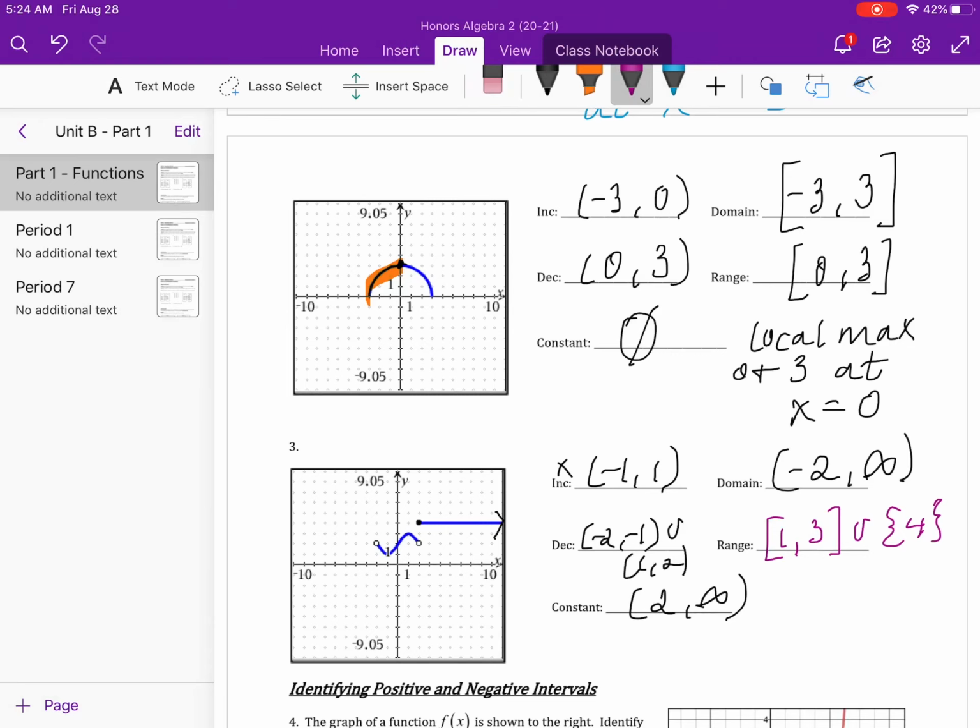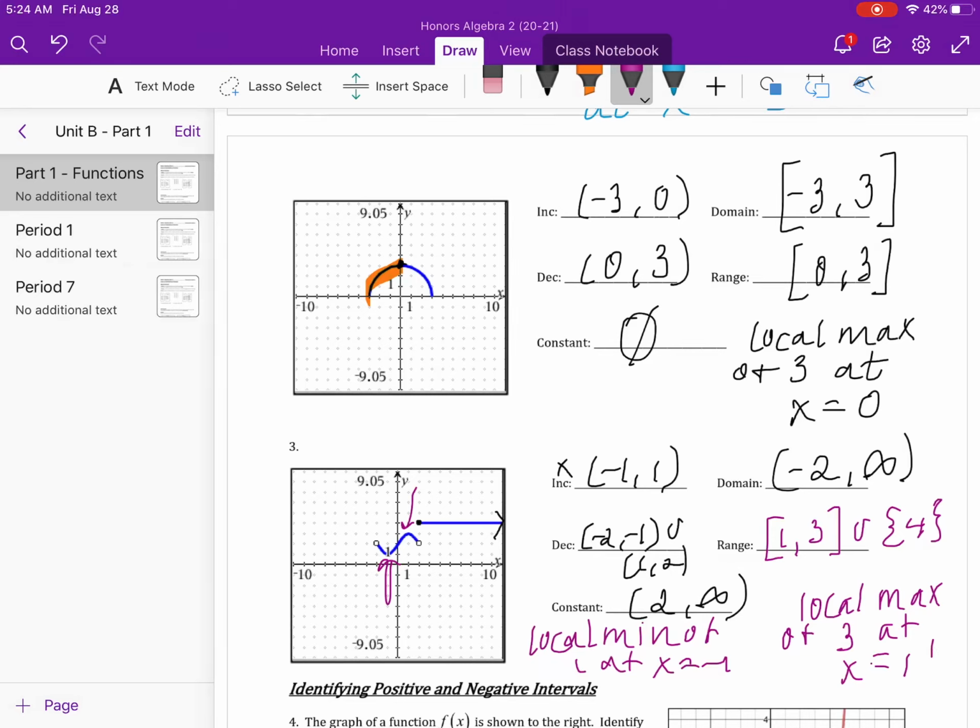Final part is we're talking about local maximums and minimums. So I'm going to erase all this stuff. There's a local min. There's a local max. So let's see, local min of, let's see, the y value is just going to be 1 there at x equals -1. And then there's going to be a local max of, let's see, I think that's a y value of 3 at x equals 1. And that's all we have for analyzing functions using increasing, decreasing,